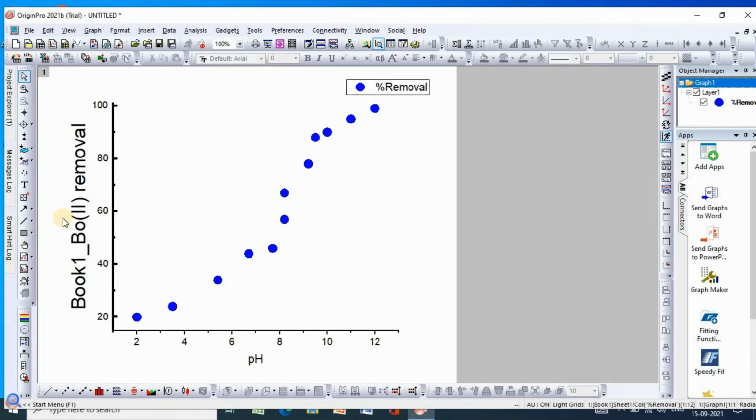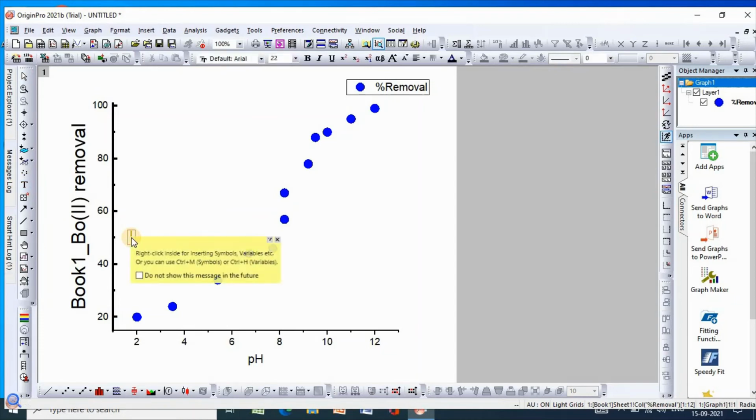the x-axis, and if you want to add some text on your plot, you can do this by clicking text and put your cursor here.